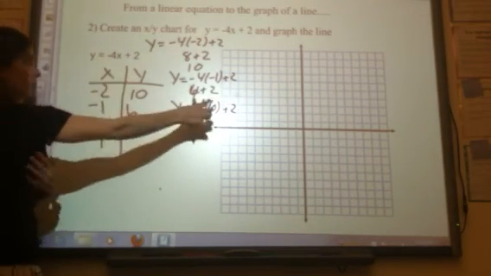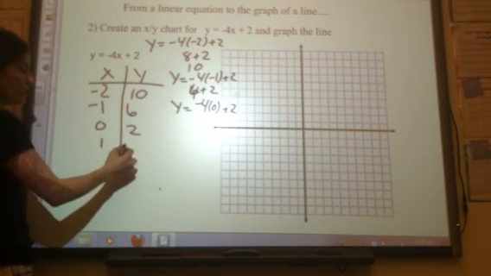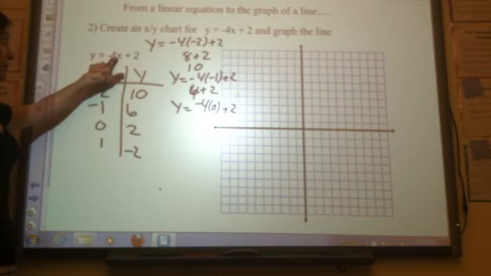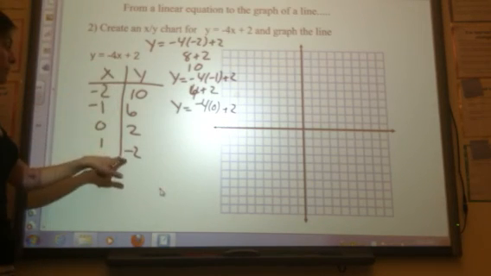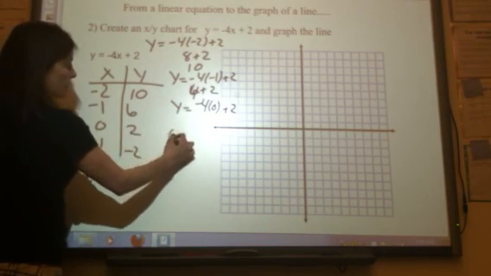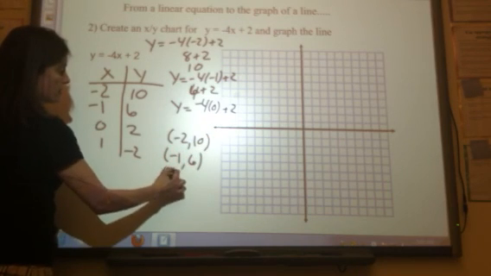My x term goes away when I plug 0 in. Minus 4, I'm hoping when I stick 1 in, I get 4 out. Negative 4 times 1 is negative 4, plus 2 is negative 2. Stick 1 in, get negative 2 out. So here my points are negative 2, 10, negative 1, 6, 0, 2,